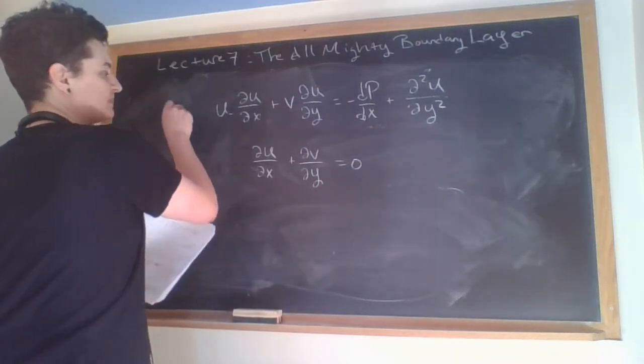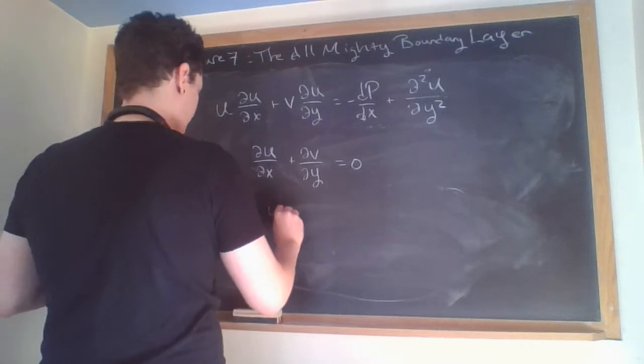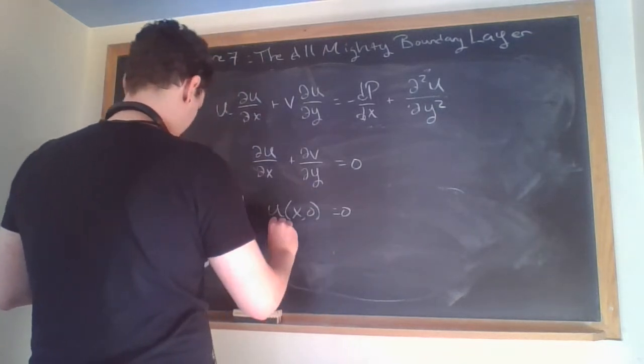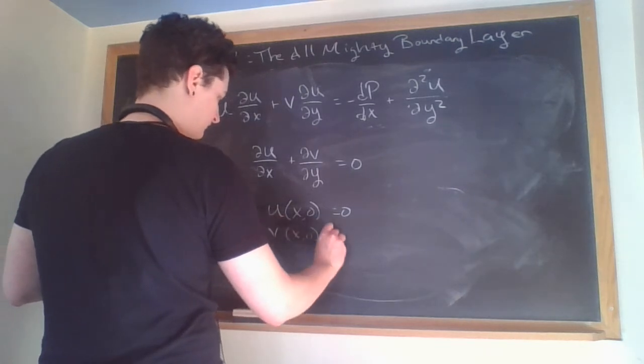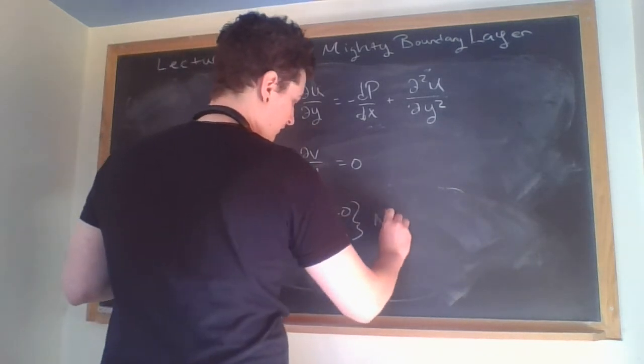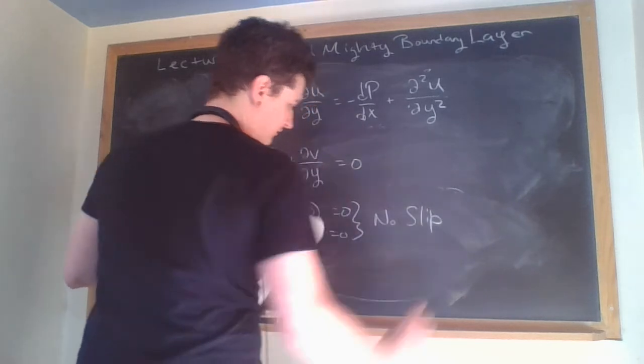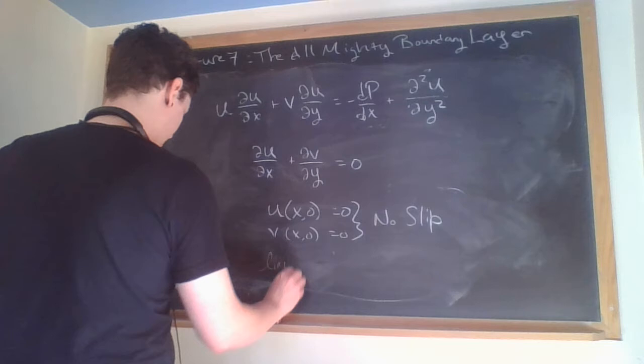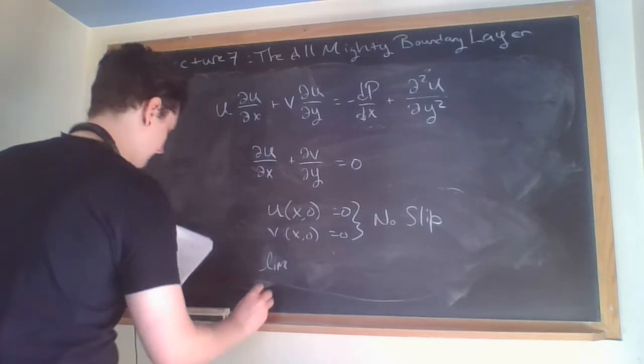So this is momentum, continuity, and then we have boundary conditions. Where this is no slip, and then we have sort of mathematically the limit